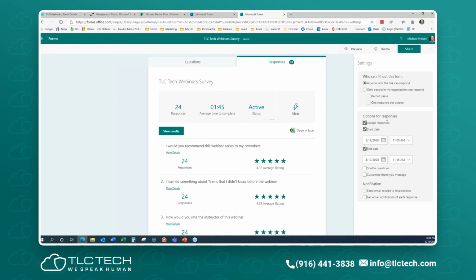We've got that one. Now, because anyone with the link is chosen, you cannot restrict it to one response. That only works if it's people inside your organization, and then you can make sure nobody votes more than once. But that option only shows up if it's people inside of your organization. So you've got the top level.